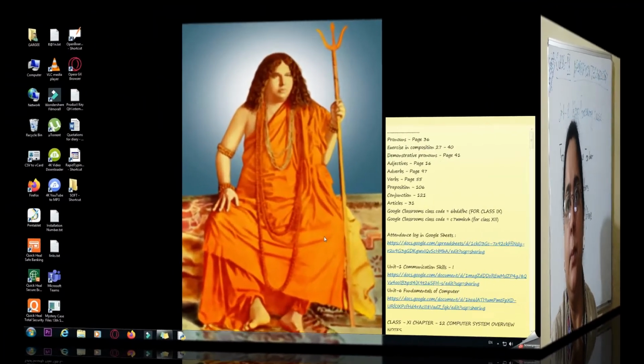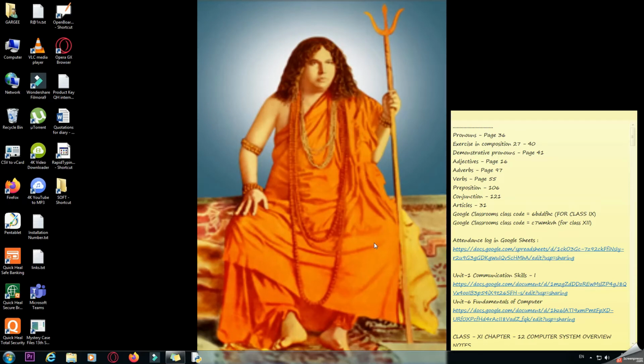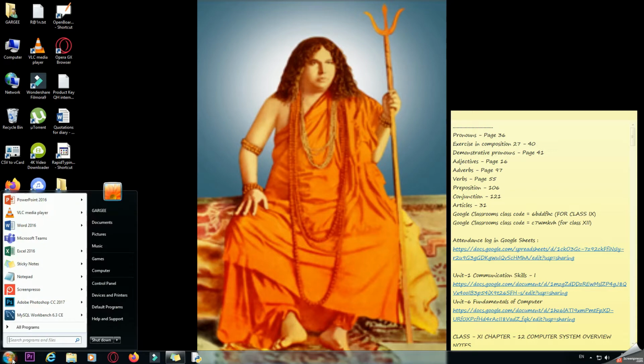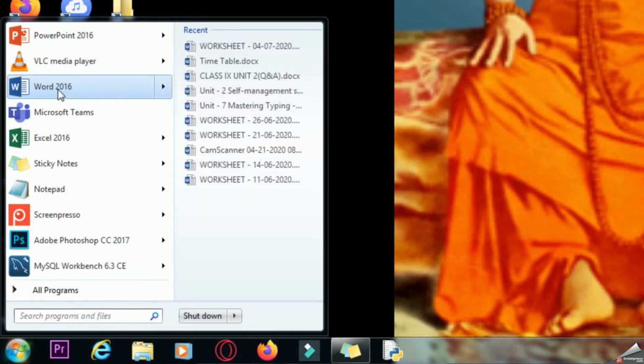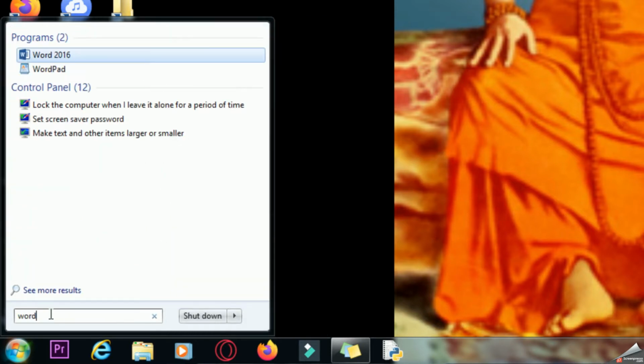Good morning, students. In today's video we are going to see how to work on MS Word. So we will first open MS Word, as you can see on my screen. Already, because I have been using this very frequently, you can see that this MS Word icon is already appearing over here. If it doesn't appear like this, you can search for Word in the search box.